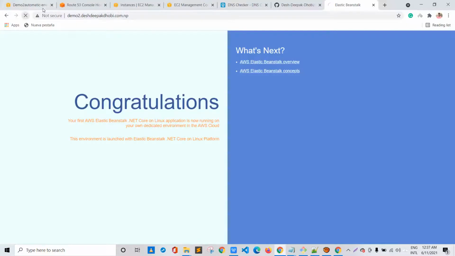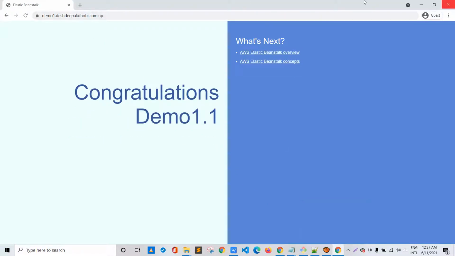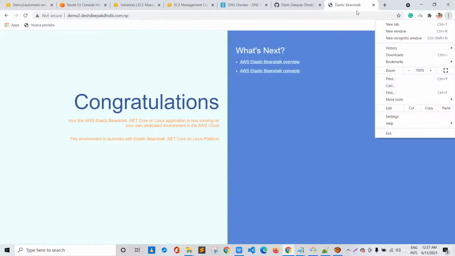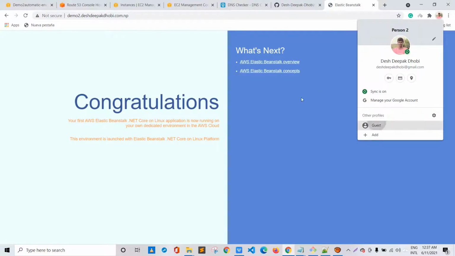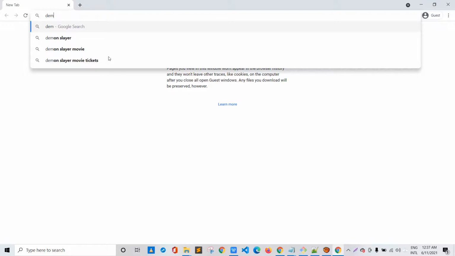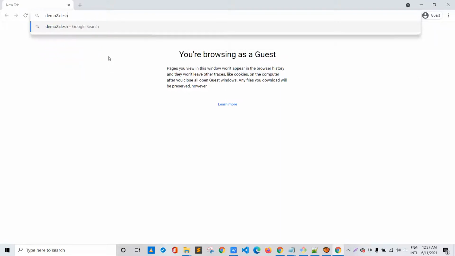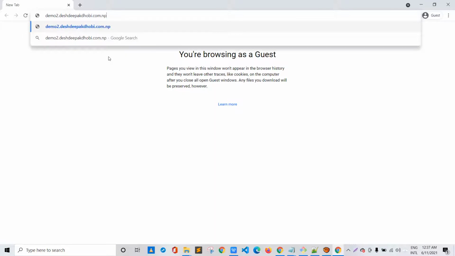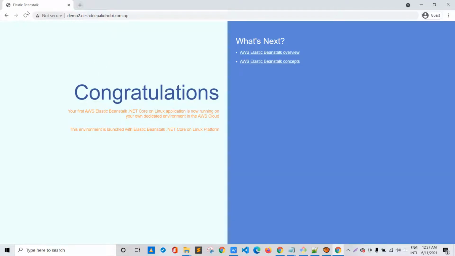Currently you can see that demo2.destipakdobi.com.np is showing not secure, because we haven't configured any SSL certificates onto our server. Let me open it in a different browser, as there may be caching issues. Yes, it's showing not secure over here also.